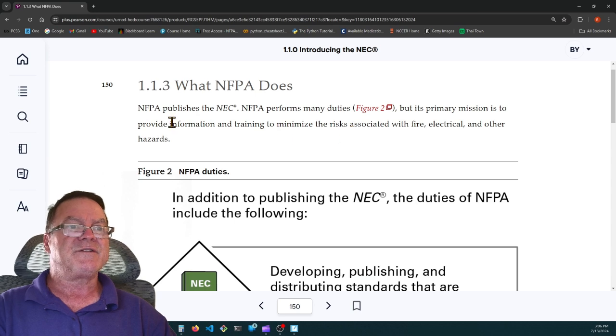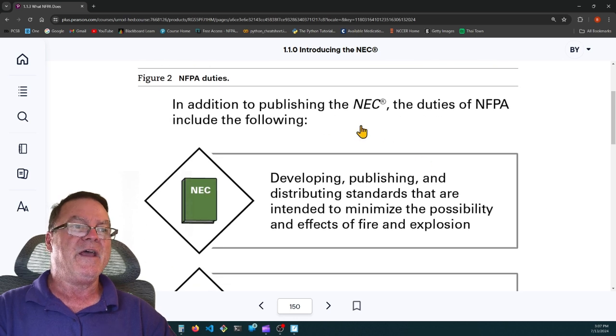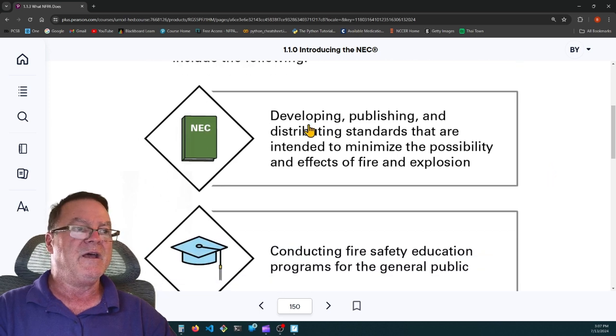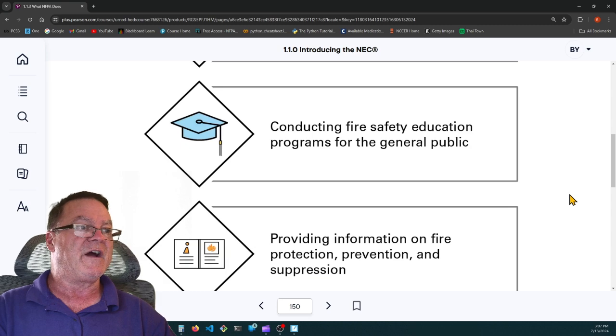What NFPA does. NFPA publishes the National Electrical Code. National Fire Protection Association performs many duties, but its primary mission is to provide information and training to minimize the risk associated with fire, electrical, and other hazards. In addition to publishing the National Electrical Code, the duties of the National Fire Protection Association include the following: developing, publishing, and distributing standards that are intended to minimize the possibility and effects of fire and explosion,